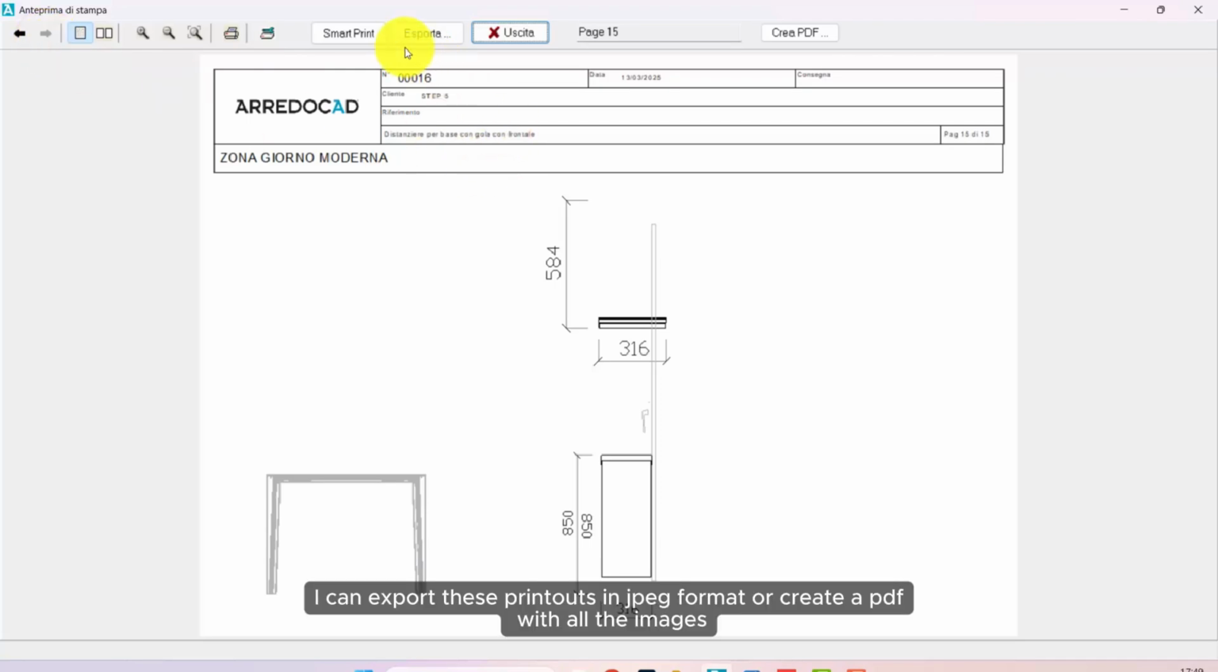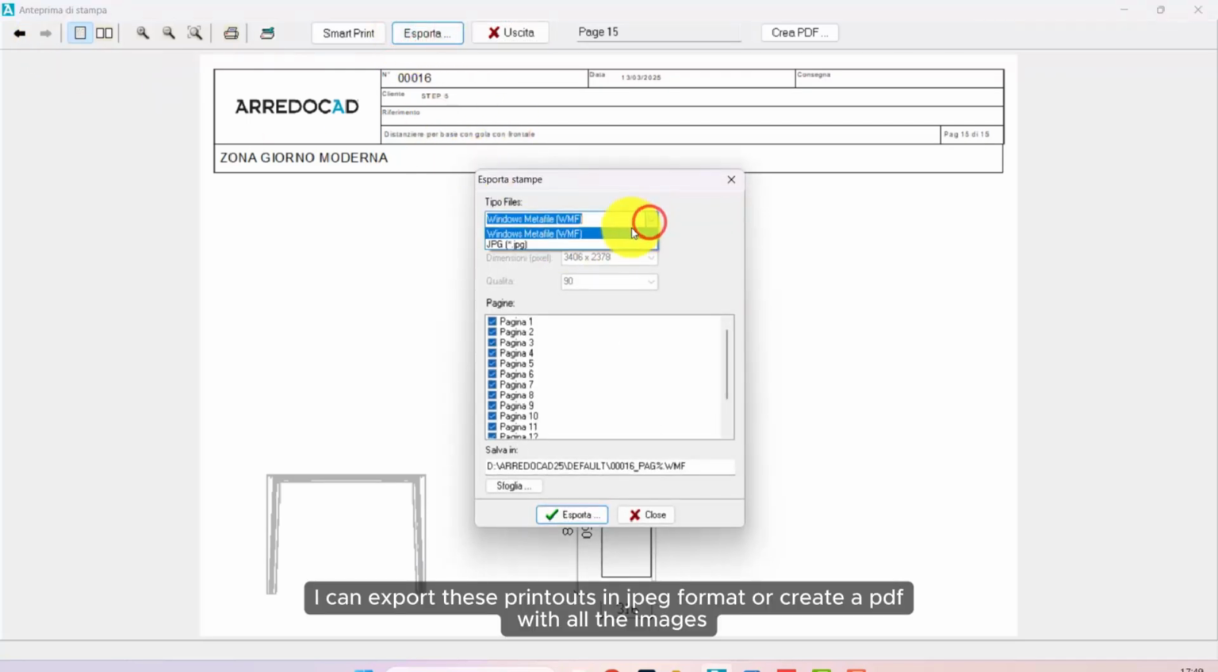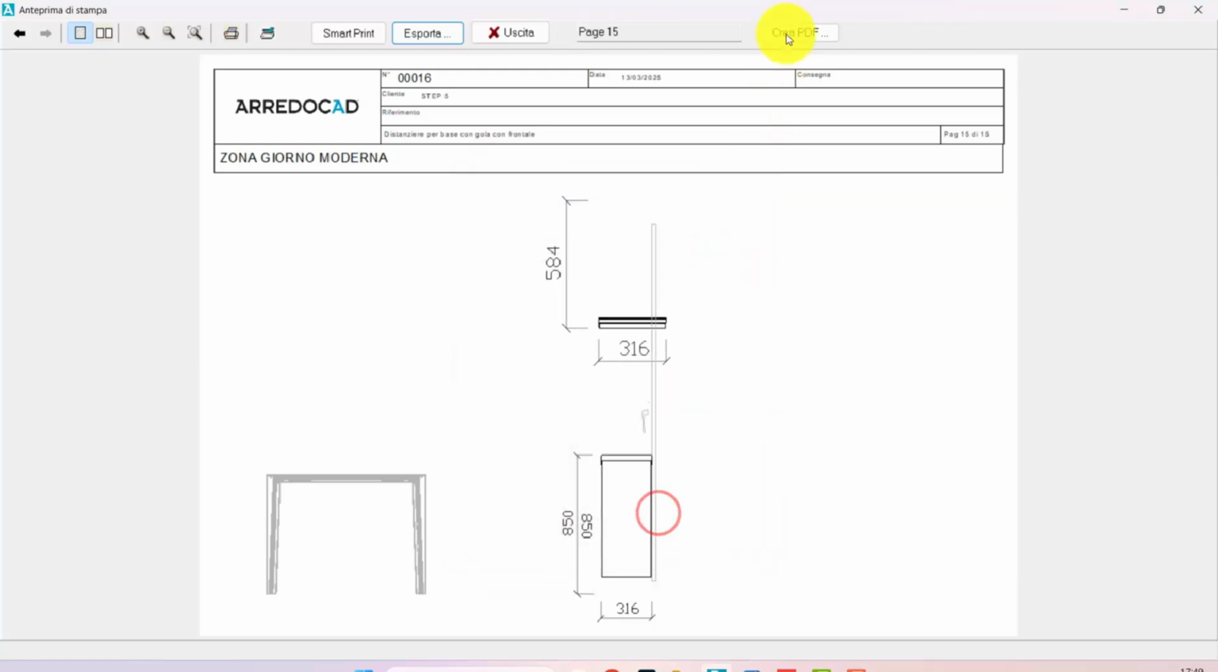I can export these printouts in JPEG format or create a PDF with all the images. By clicking here,